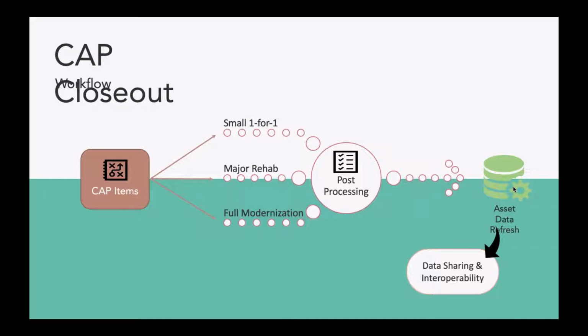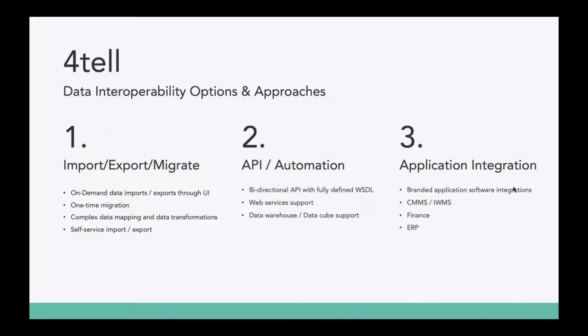It's separate from what capital construction does. It's separate from other parts of the process. But at the end of the day, he or she is going to be the person that has to say, yeah, this is the work that got done. And again, as an incentive, we just made it easy for them to accept that work. And then we essentially reverse engineer the schedule of values back and refresh the assets in the system. And I think that's my last slide.